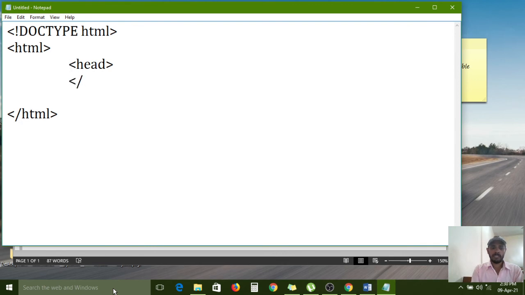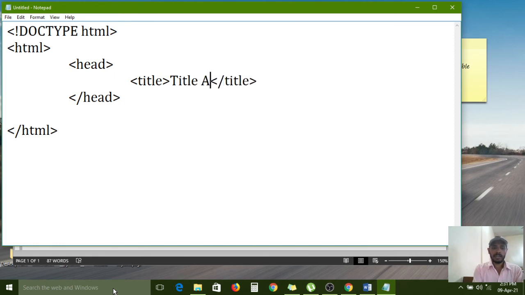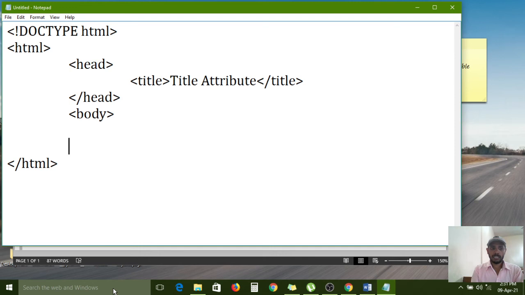If you want to provide any titles, for that you need to give this one also. Title, opening tag and closing tag, and this one is the title attribute. Now body tag, opening tag and also closing tag. Here the title tag I am explaining.